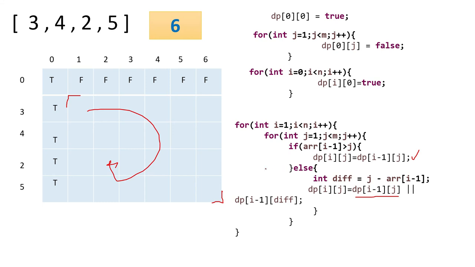Now I hope you understood this problem. So what will be the time complexity and space complexity in this case? Time complexity wise, as two for loops will run at most here, one will go row wise from 0 to n, where n means the length plus 1, and one will go up to the sum plus 1, column wise. So it will be O of m into n, and space wise also it will be O of m into n, because this dp will take O of m into n space.